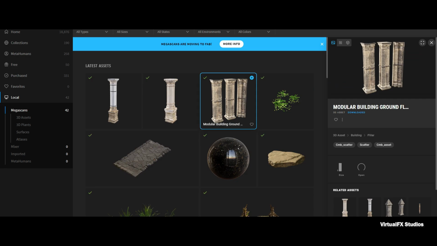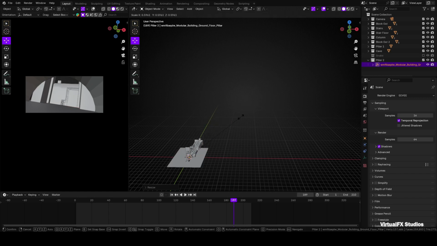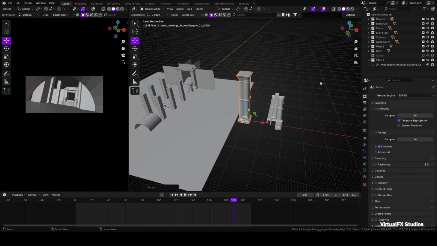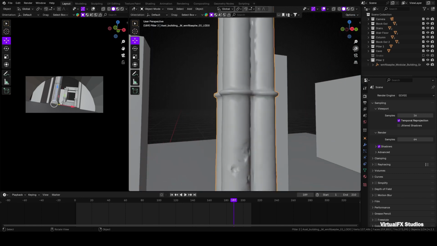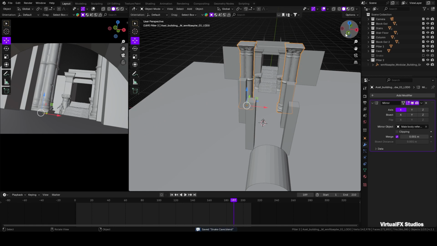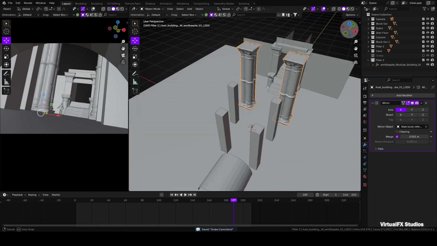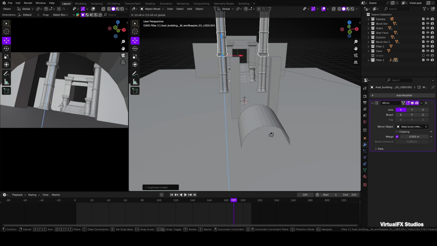Next, go to Megascans and download the 3D model named Modular Building Ground. This is also a pillar. When you import it into Blender, its size will be quite large, so scale it down. After that, you will get a nicely made pillar that will match with the other parts. Delete any separate parts you don't need. Replace the pillars in your hole with this new pillar, scaling it to match the size of the previous ones. You can use the mirror or duplicate function to place them on both sides of the scene. If the pillars look good when scaled up but not great, it's better to duplicate them and stack them on top of each other. After kit bashing them, let's head back to Megascans.